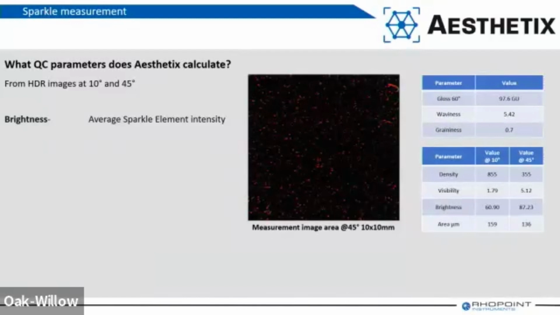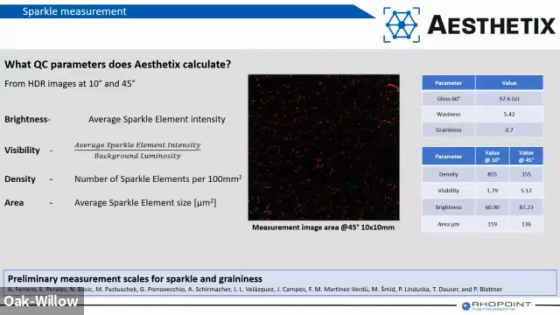So we're going to shine our lights on the surface and we're going to count the effect pigments which are bright enough to be seen by the eye, by the algorithm. And again, this is published. So rather than our competitors, where you don't know how they're calculating it, we can read about this preliminary scale for sparkle and graininess, and our values correlate. The size, the visibility, and the density of the sparkles are quantified, and we do that around the edge,